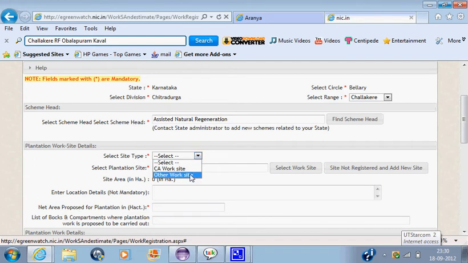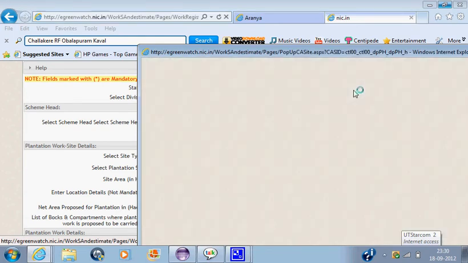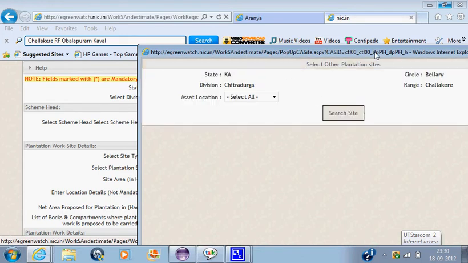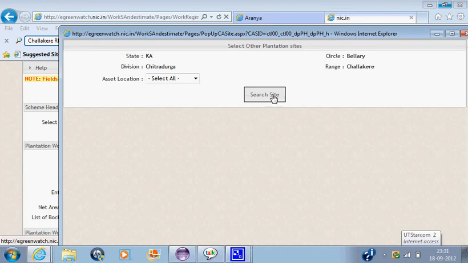Select site type. This is a non-CA site, so I take it as other work site. And here you cannot key in the work site. If you key in also, it will take you to a list, and you'll be selecting the work site from the drop down menu from this page. So I'm selecting all, search site. You'll find the site that I have registered right now.